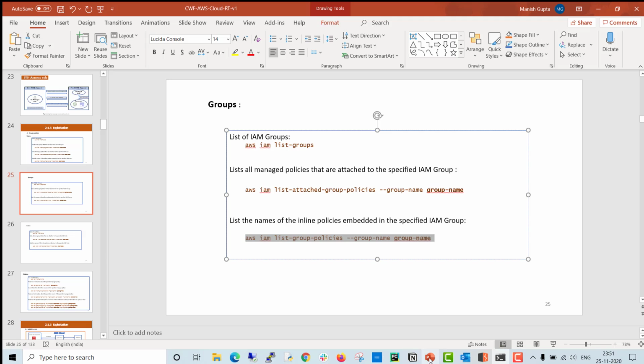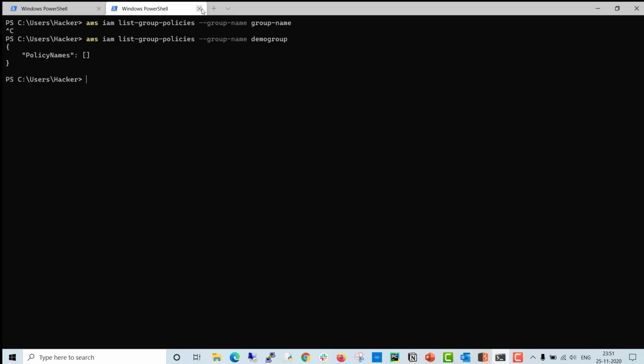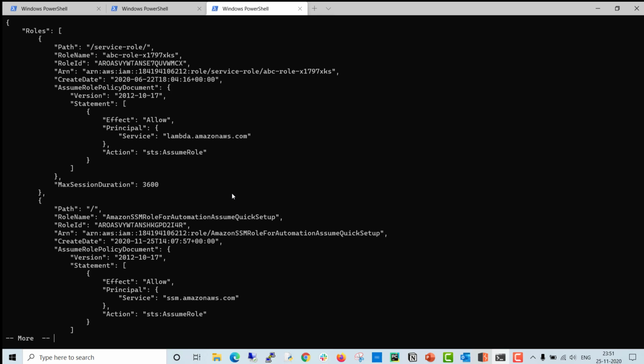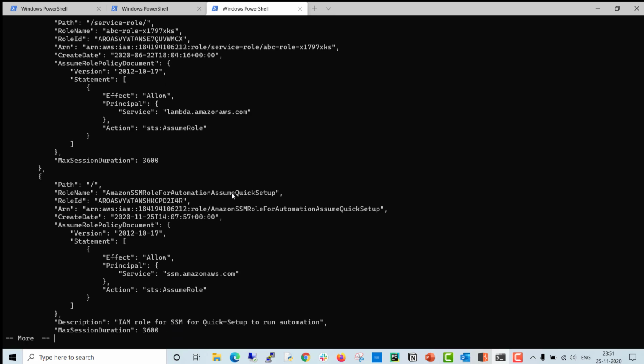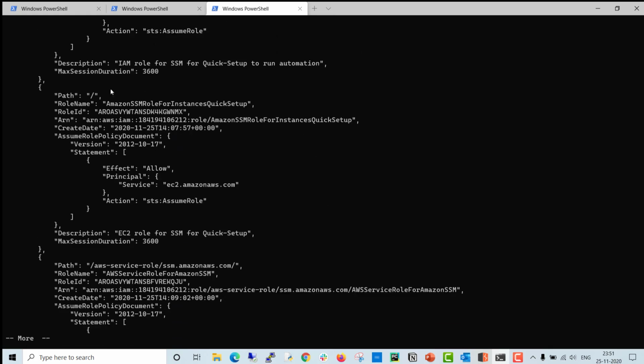Now we are enumerating roles. Role is also an important part of AWS IAM. So the first command will list down all the roles in IAM. Just copy this one, open a new tab, paste it. Okay, so you can see here all the roles present in AWS IAM will be listed here. You can see here the path, role name,